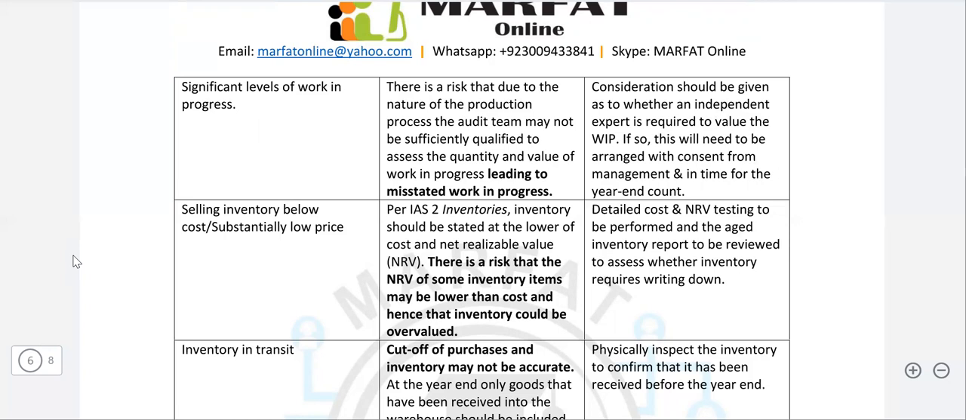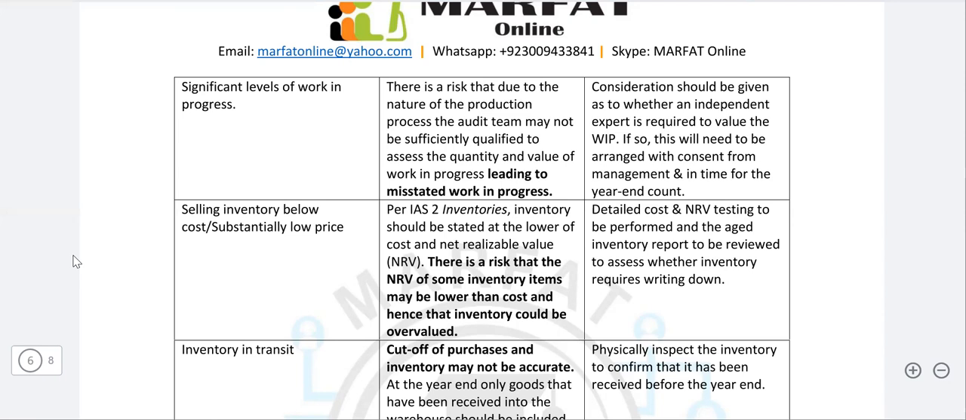Now, obviously, it is possible that the auditor is not sufficiently qualified to value the work in progress. For example, you go to the car manufacturing industry and the car is at different stages of production. Now, the audit team may not be qualified to value the work in progress. Similarly, it may be something related to minerals, something like crude oil, which is at a different stage of extraction. The audit team may not be sufficiently qualified to value the work in progress, and as a result, inventory may be